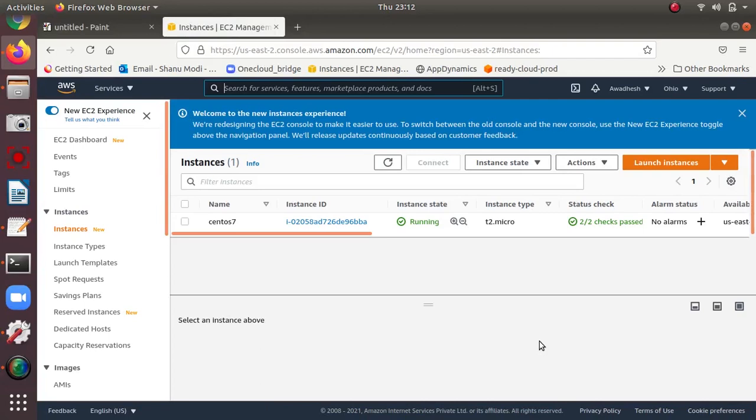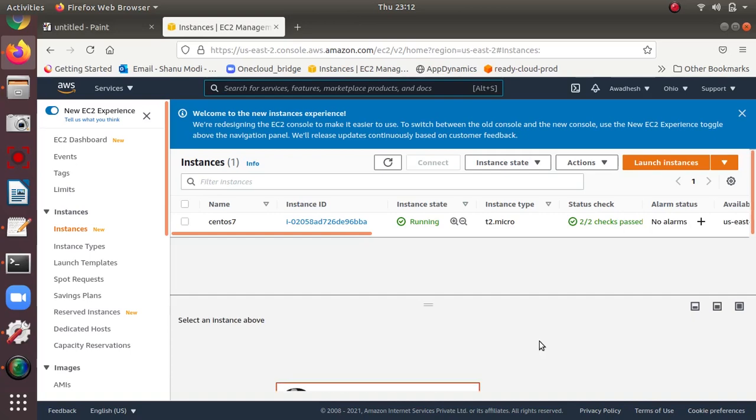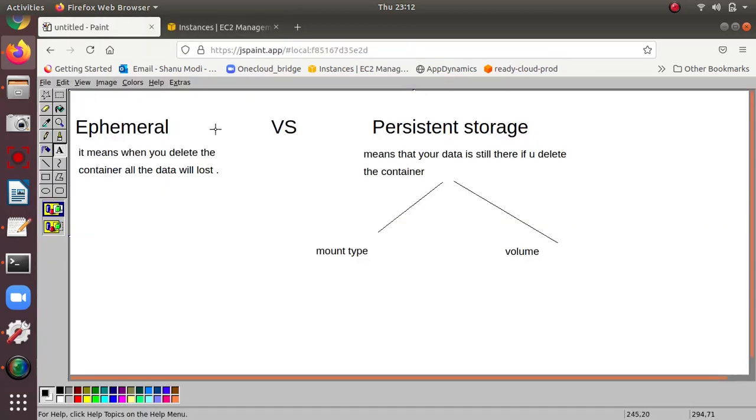Here we are going to start the topic on storage, Docker storage. So how does Docker store the data? The very important thing is exactly how Docker manages the storage part. We are going to see if the data is persistent or not. By default we are going to see that through the practical, but before that we have some theory.